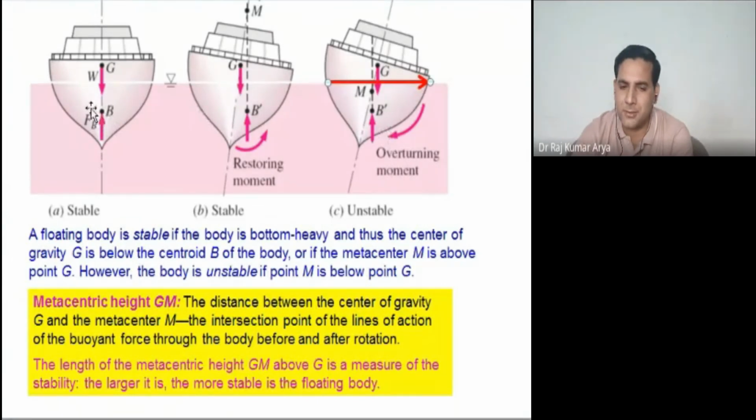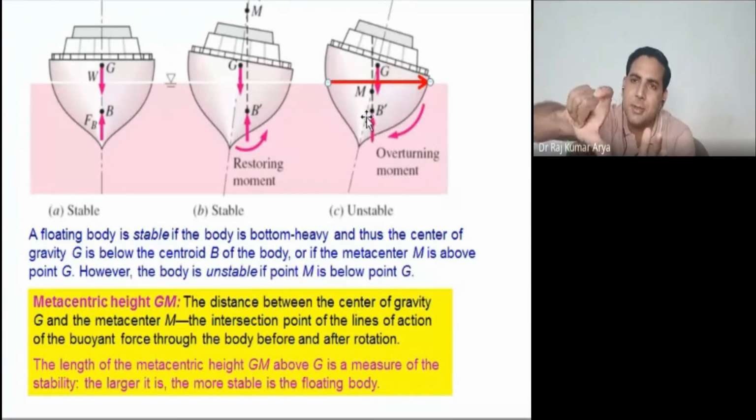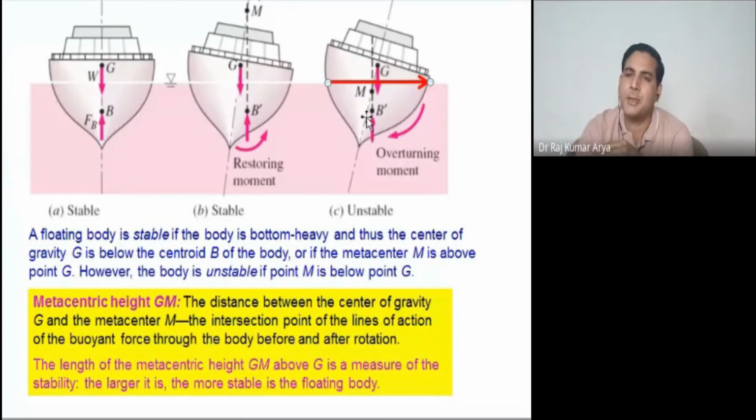Primarily, your center of buoyancy is here only. Now this is the new center of buoyancy. The previous one was here. Then with the slight change, it changed a little bit, and after that it came here. So it is going away from the center of gravity here. As it moves more to this side, this movement will become more and more, and finally it will be an overturning movement. So this needs to be controlled. Fine.